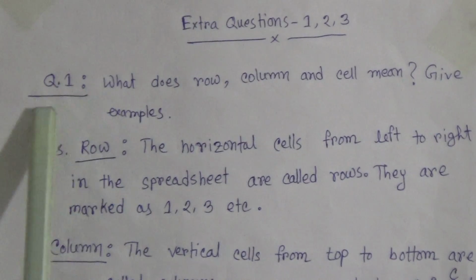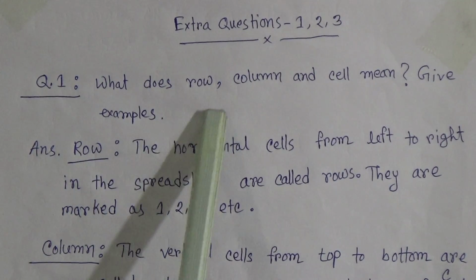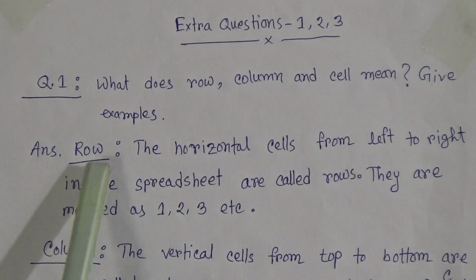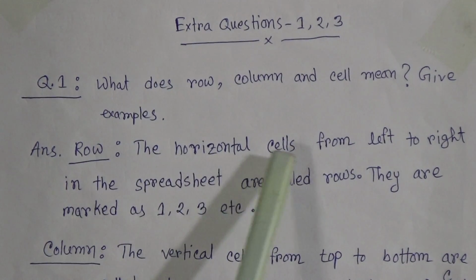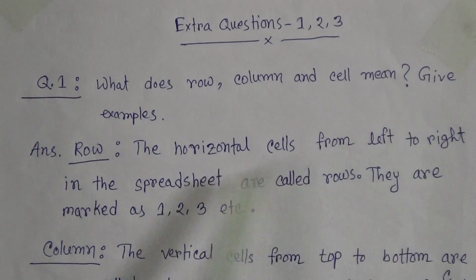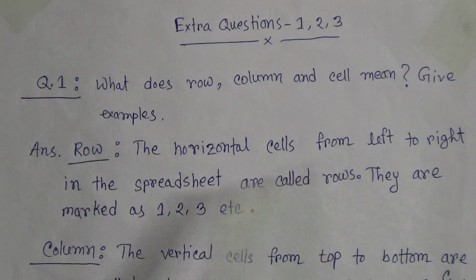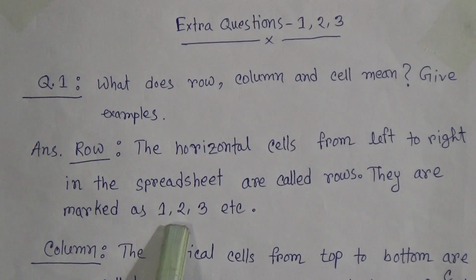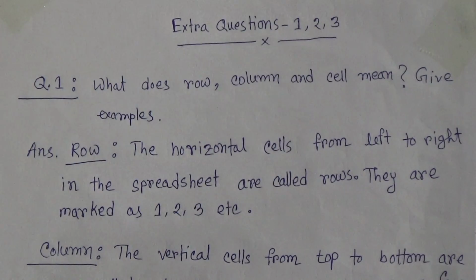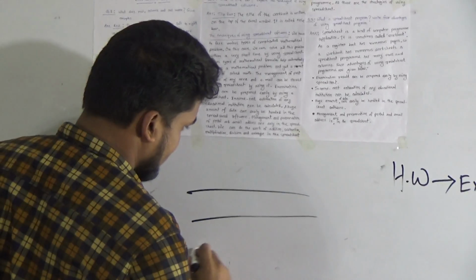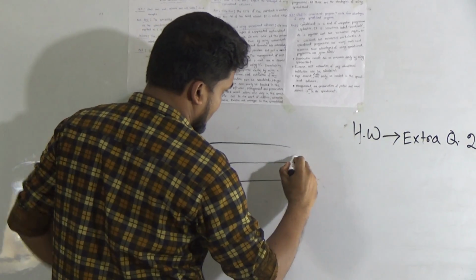Extra question number 1. What does row, column and cell mean? Give examples. Row: the horizontal cells from left to right in the spreadsheet are called rows. They are marked as 1, 2, 3, etc. Dear students, in our previous class you have already known about this term. That means this